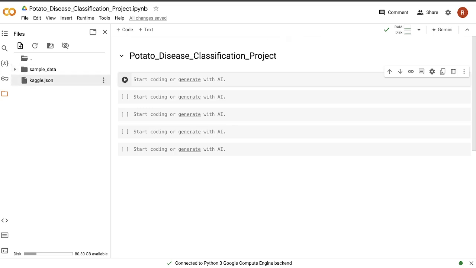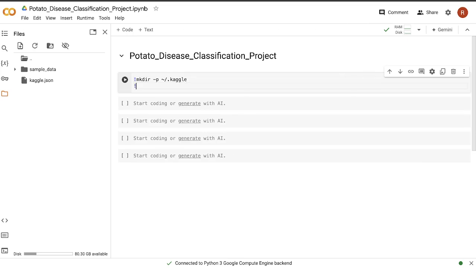Once you paste that file into Google Colab, you have to write some code in order to identify that file. So you will say make directory. This code will basically verify that JSON file, and it will make use of that in the future cells.